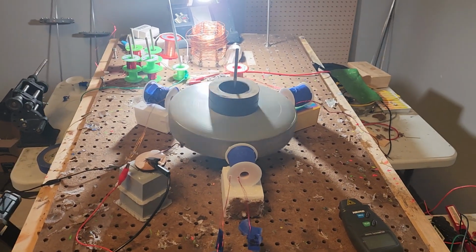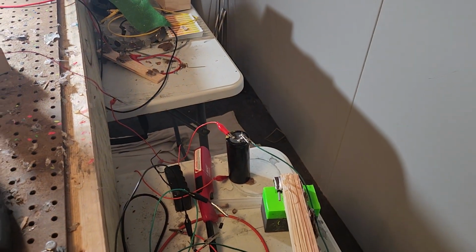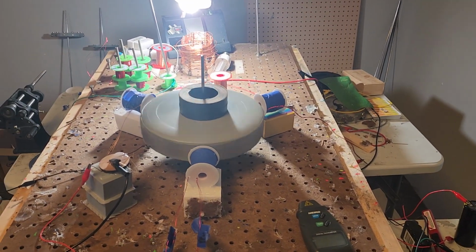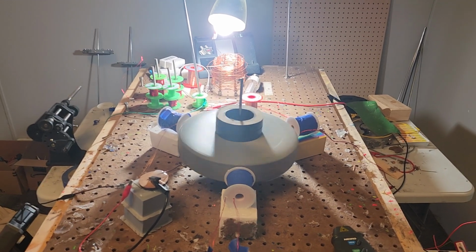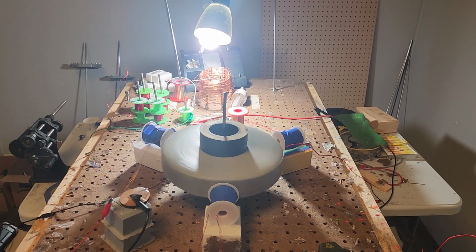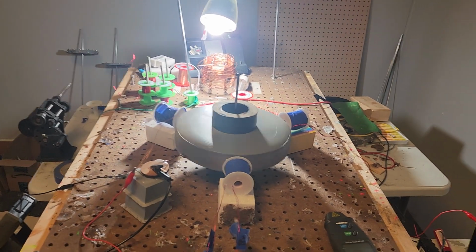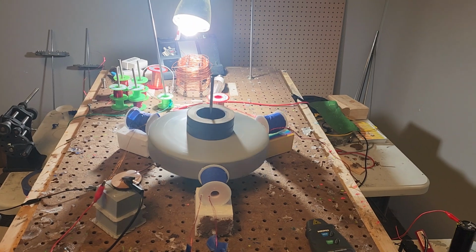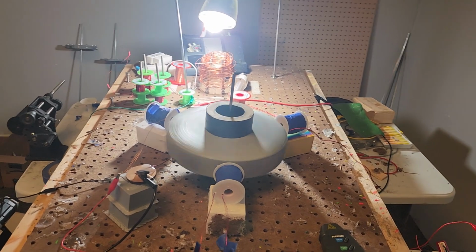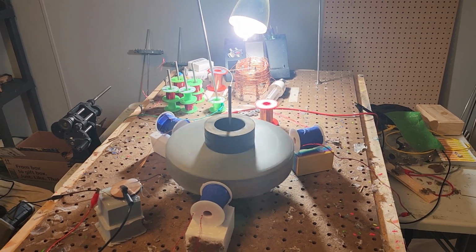An addition that I've made to the circuitry is this 100 volt 22,000 capacitance capacitor, and so I give it a little bit more go. But of course it has to get up to a certain, I don't know exactly how capacitors work. As far as I know, they're always on, and just like when they fill up, because if you're putting more in than you're letting out, I don't see it. As you can tell, I don't know how they work,